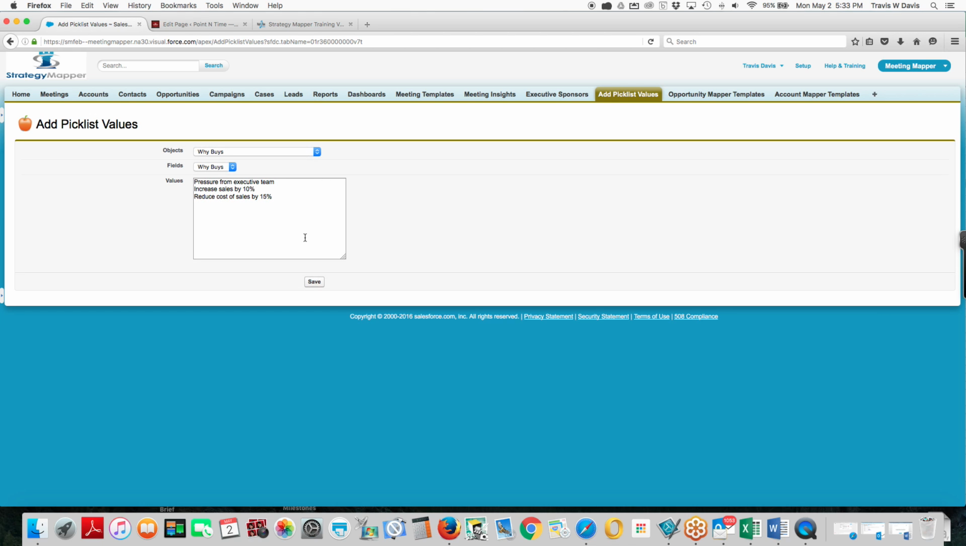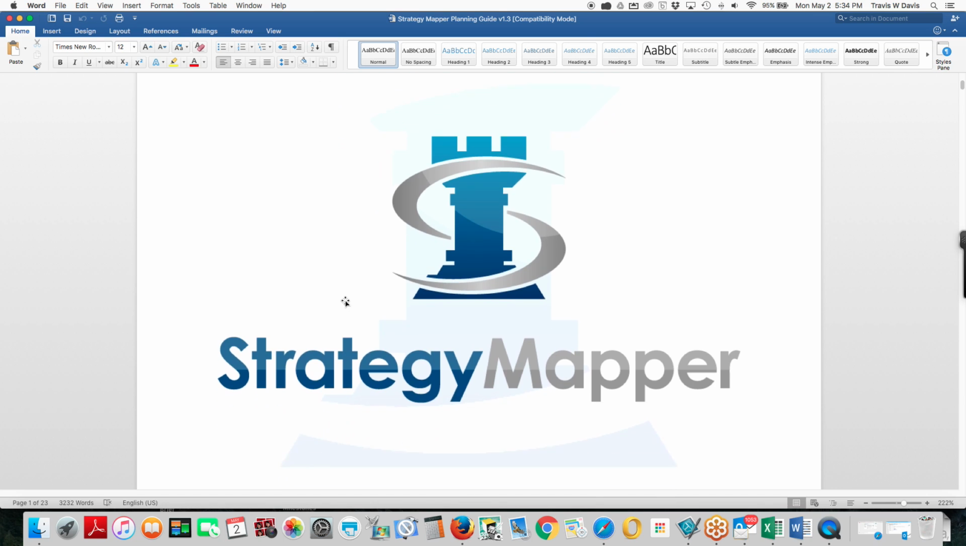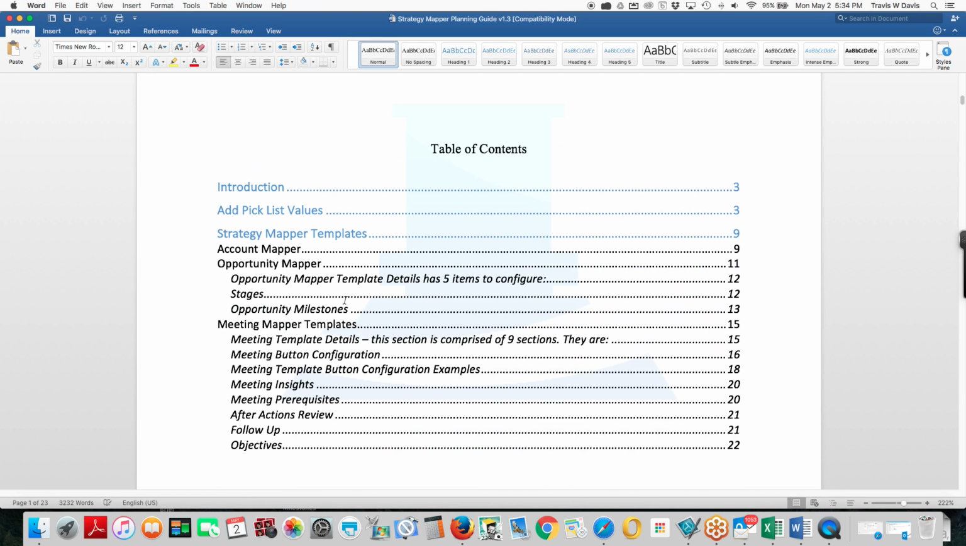Again, very easy to modify or add any information to these pick lists. If you just want to add, just hit enter, type away, and hit save. Again, hit save after each field or object that you change. Again, I would highly recommend reviewing and using our Strategy Mapper Planning Guide, a very in-depth document to work through all the planning aspects of